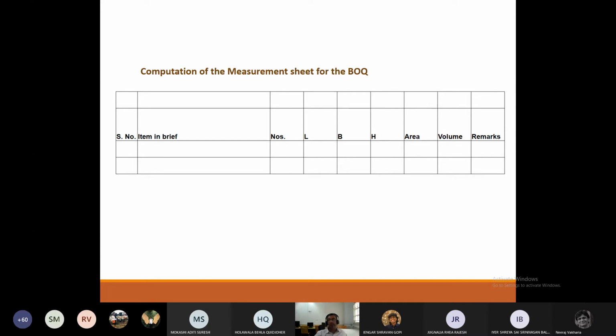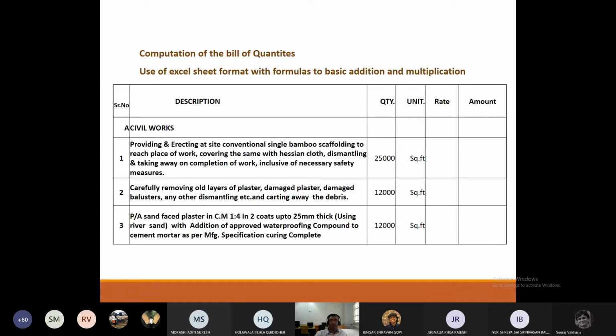Okay. So we will have this procedure of making a measurement sheet for all the items that we are going to measure. Our first of the items may be barricading. We may go about just barricading our site. Okay, so suppose we have to start off,